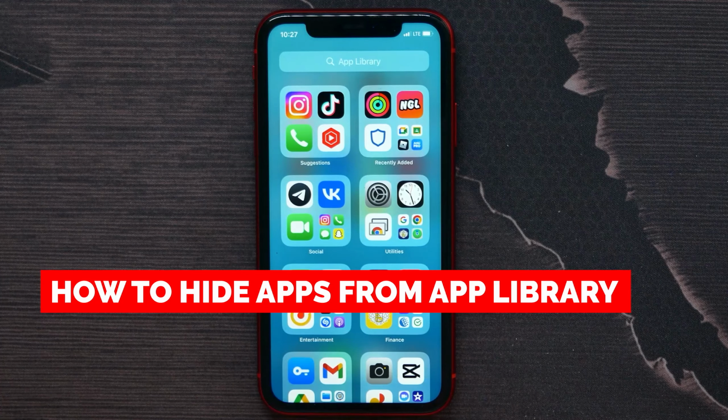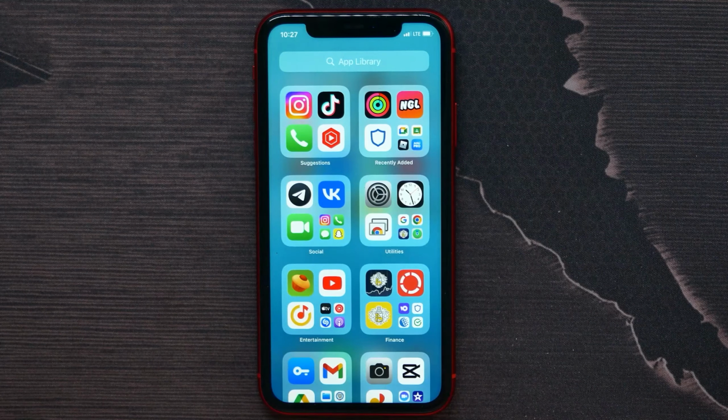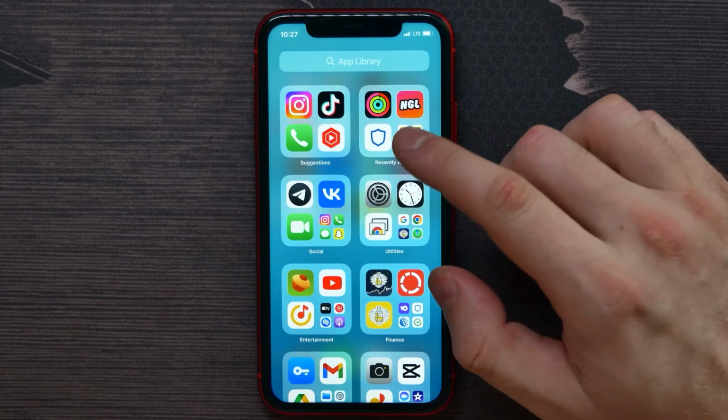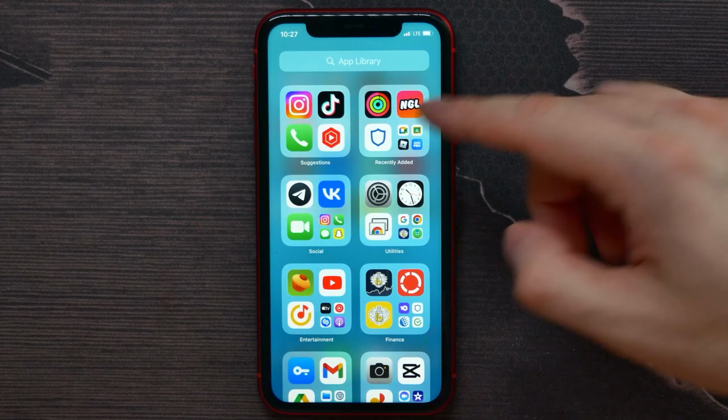In this video I'm going to show you how to hide apps from app library. That is quite simple and easy to do, so let's begin. And the thing is that you can't hide just one specific app, but you can hide all the apps that